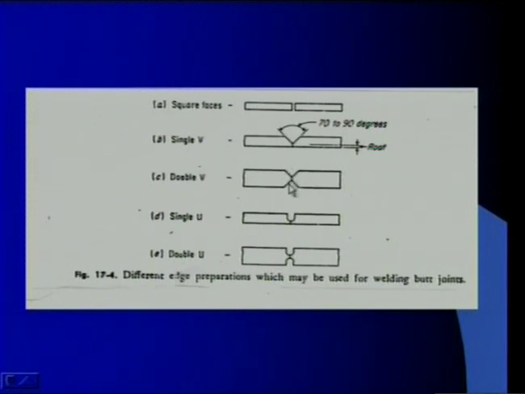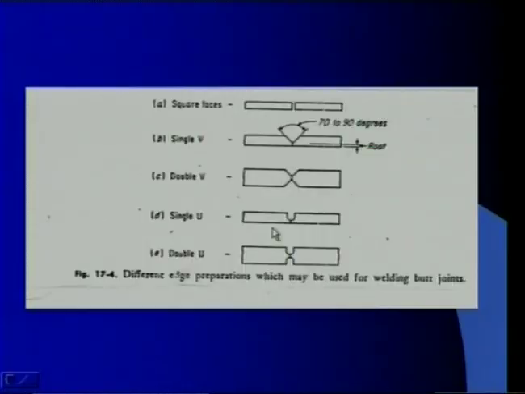Here we are going to see double V groove preparation, in which we do both the top and the bottom portions of the weld plates. This way we can get maximum welding capacity, and the strength we can apply on these plates is increased a lot. Here two plates are given a single U groove preparation. All these figures show the end view of the plates. In the last figure we see double U edge preparation.